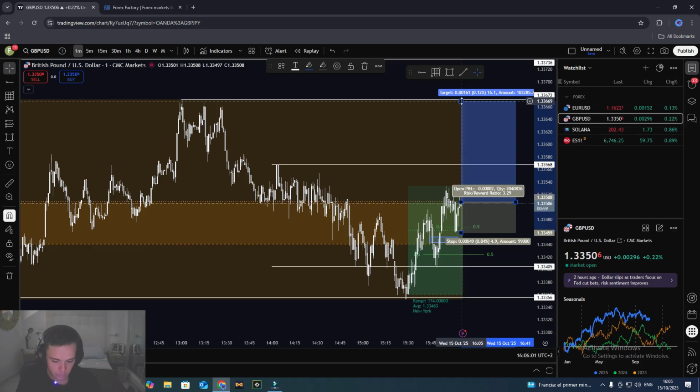Okay, so we are in on the trade. See here, it's 16 pips to take profit, and it's 4.4 pips to my stop loss.